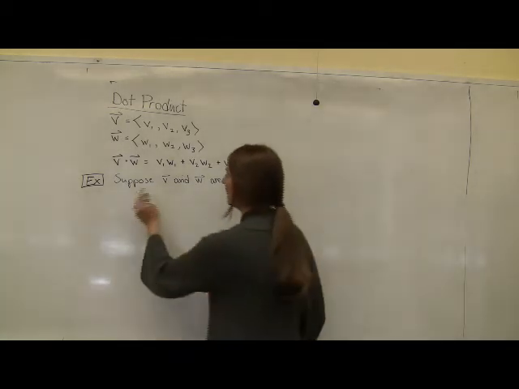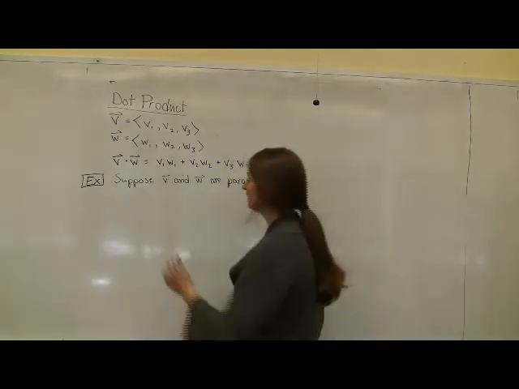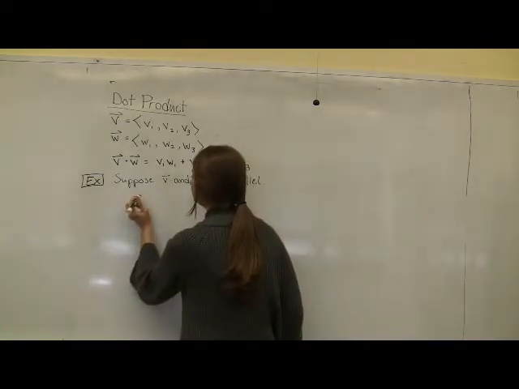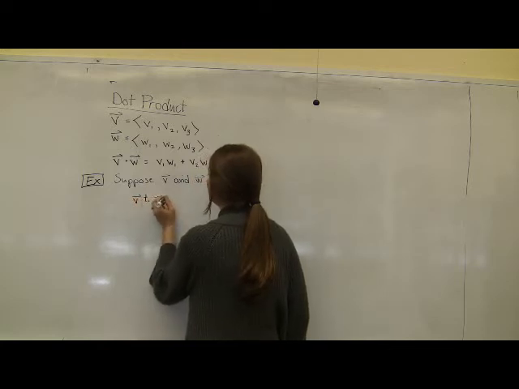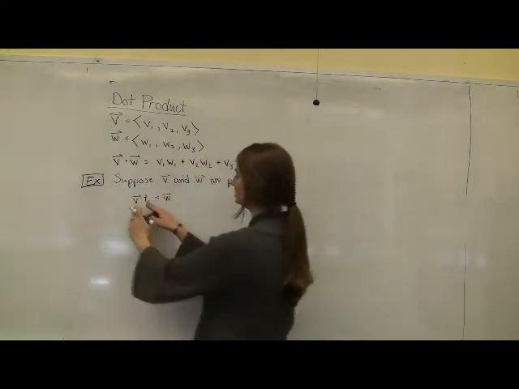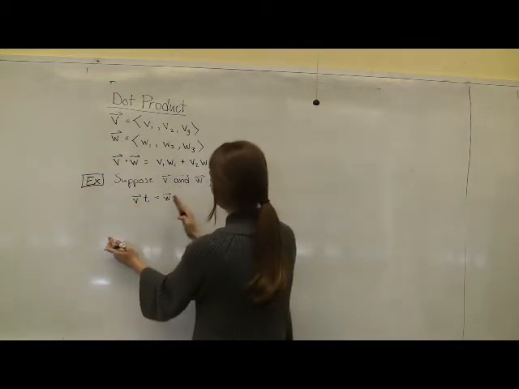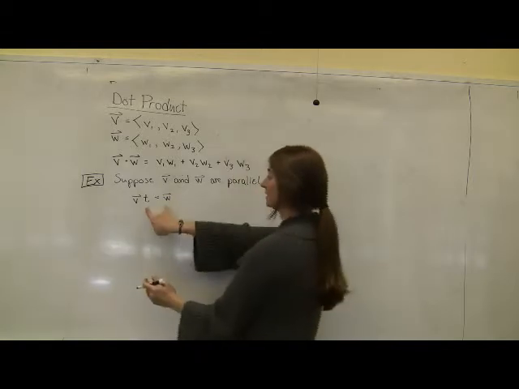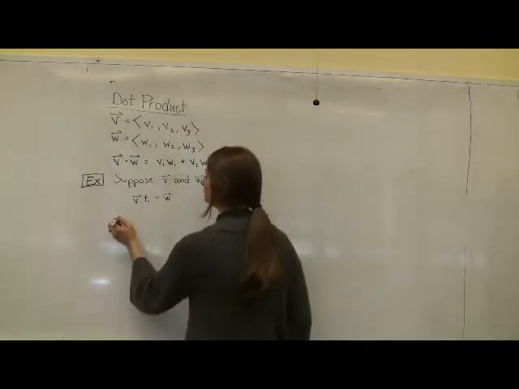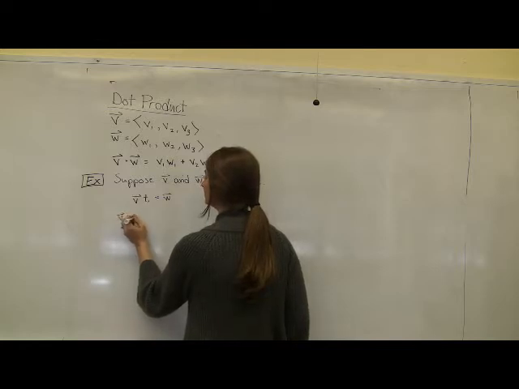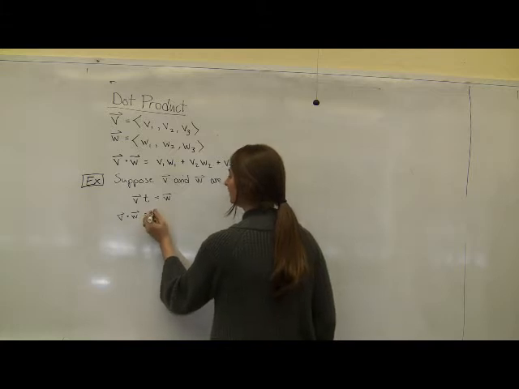It means that I can take v and multiply it by some scalar. Let's say v multiplied by some number t is going to be equal to w, meaning that I'm not changing the components, I'm just shrinking or growing v until it gets to be exactly w's length. And that's what it means to be parallel. So when I take the dot product here, instead of dotting v with w, I'm going to dot v with